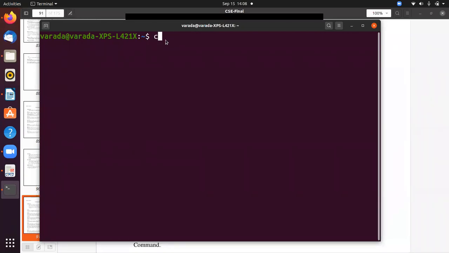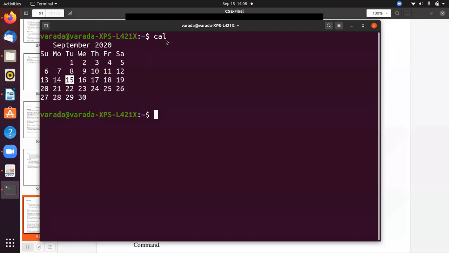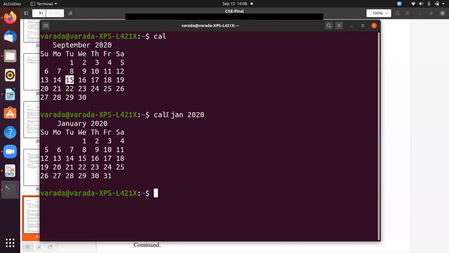For example, I can give cal. What is the output? There is no argument. If I give cal Jan 2020, cal is the command name, Jan is argument 1, and 2020 is argument 2.